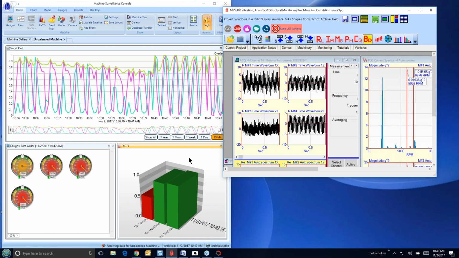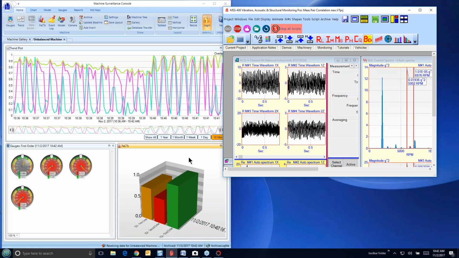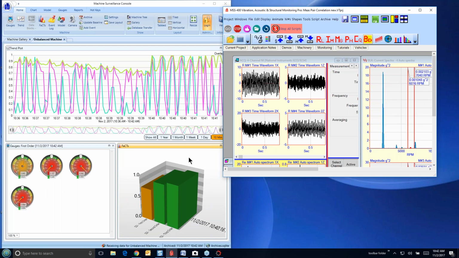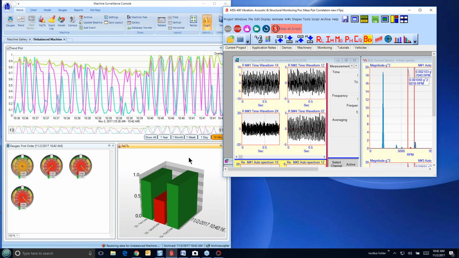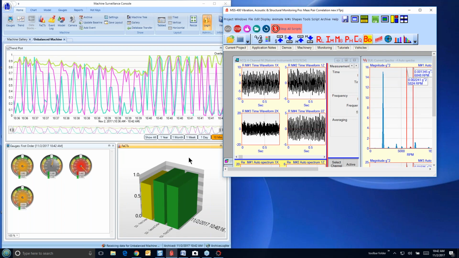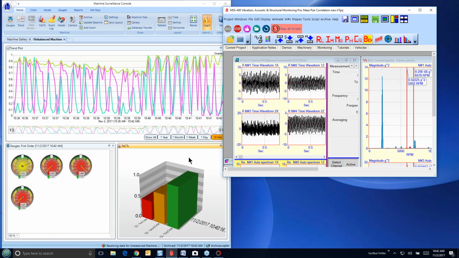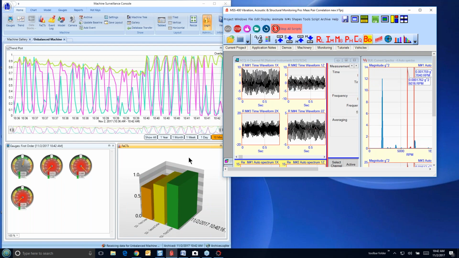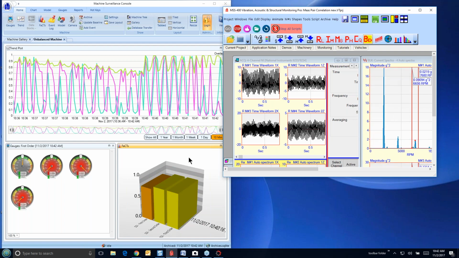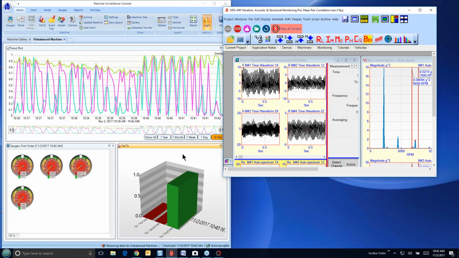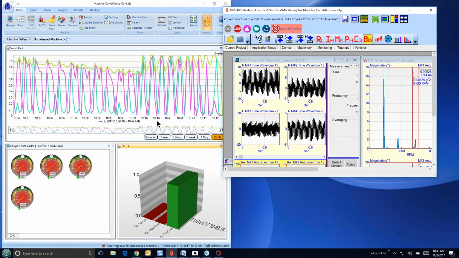All right, well, that pretty much wraps it up, Mark. I guess we're going to finish a little bit early. Let me turn this machine off. Well, the other thing I was going to do is vary the speed. Let's just change the speed a little bit on the machine, and that should cause the vibration levels to change quite a bit too. So I just cranked that up, and let's just see what happens to our trend plot here.